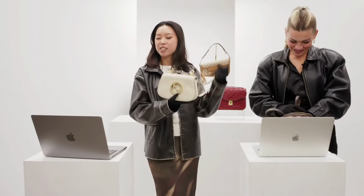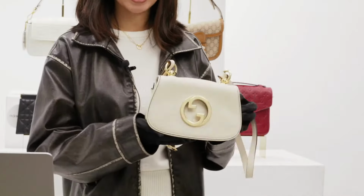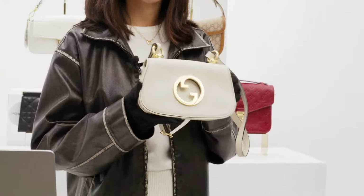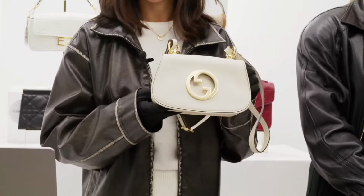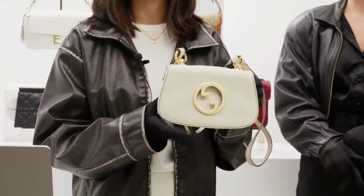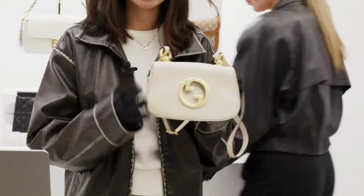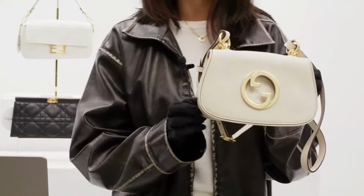Next up, we have this Roxy calfskin web mini blondie shoulder bag in white. I would say that this is less of a white and more of a cream for sure, maybe even an oatmeal. It is still a gorgeous color no matter what though. I am such a big fan of cream versus white. Everyone has their own personal preference. This one is in excellent condition and is going for